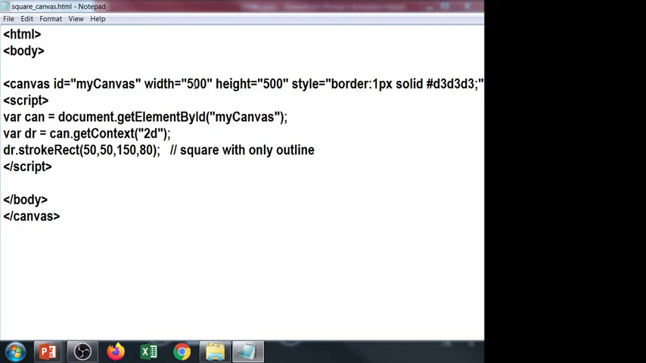See, this is my simple canvas program to draw a square element. After opening the HTML tag and the body tag, I have opened the canvas tag with the ID myCanvas. I have used C as a capital letter, so I have to remember that whatever ID is declared